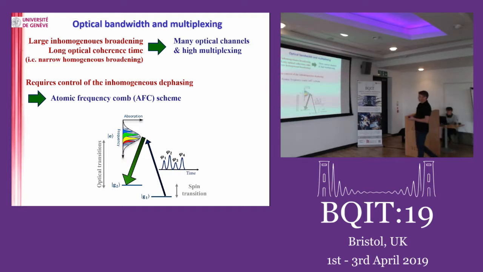But obviously everyone knows that if you have an inhomogeneous system, and every atom absorbs here, you spend some time in the excited state, and you have dephasing. Every atom has a different free evolution, so you need to handle that. That's where some kind of photon echo scheme comes in. You need to control that inhomogeneous dephasing and undo it in certain ways. That's where the atomic frequency comb scheme that we are using comes in. It will be just two slides, a crash course for those who never heard about this.